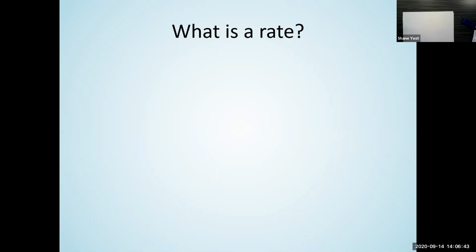Or rate, just like speed, right? How fast you travel in your car is a rate. For physical speed, we think of change in distance over change in time. In general, a rate is referred to as change in value over change in time. And so in chemistry, what change are we looking at over a change in time?